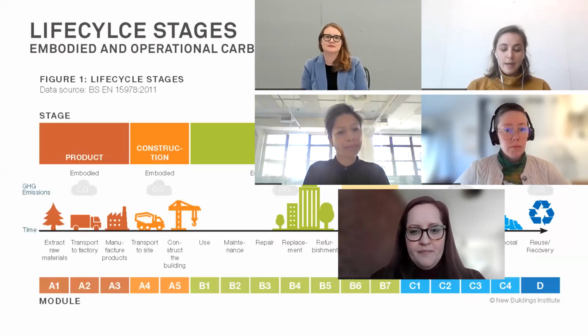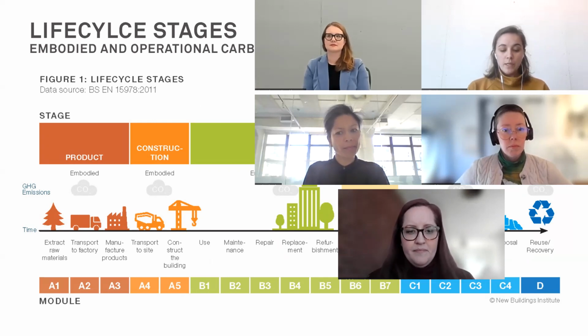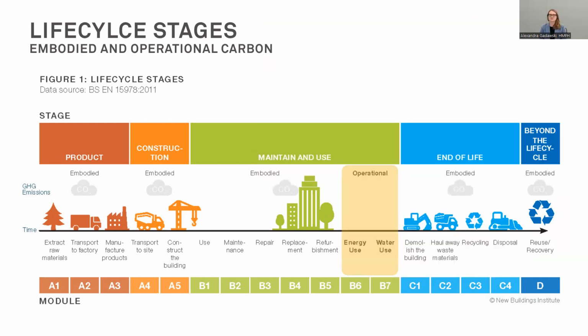So generally speaking, with buildings in the construction industry, we talk about two different types of emissions: operational and embodied carbon. The operational emissions are associated with energy used to operate the buildings, and that's the little yellow bit of this long graph here. And then the rest is embodied carbon, and these are the emissions associated with materials and construction processes over the life of the building. So these are the things that we're going to be talking to you about today.